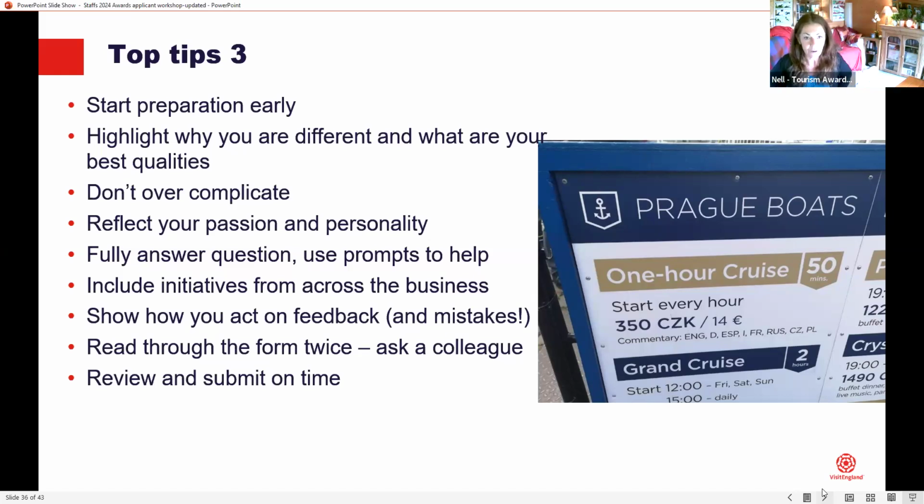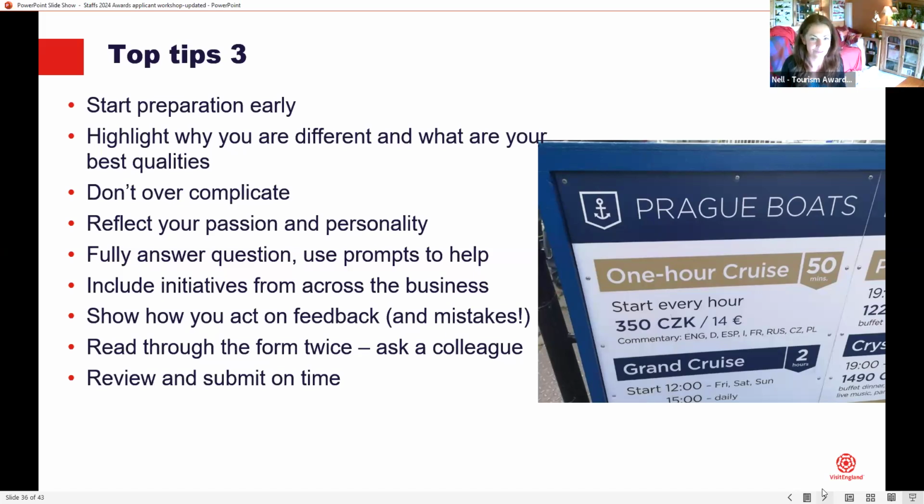So you're highlighting why you're different. You're highlighting why you're better than everybody else. I think that's really a good thing to do as well, because just having a think about that will give you ideas for your own marketing as well. Posts that you can use in social media. Again, I've seen people posting on social media for the first time that they've entered the awards, and it's a starting point in a journey, and they're sharing their journey with their customers as well. So back to this: make sure you're highlighting why you're different, you're not overcomplicating,